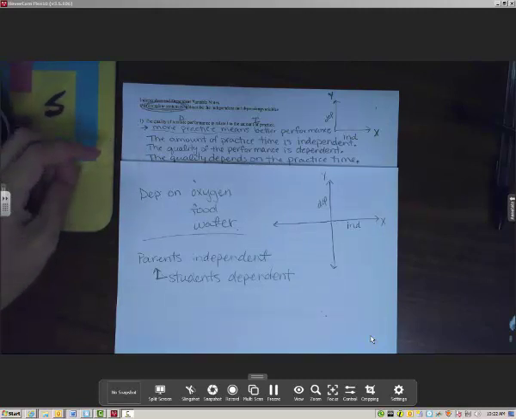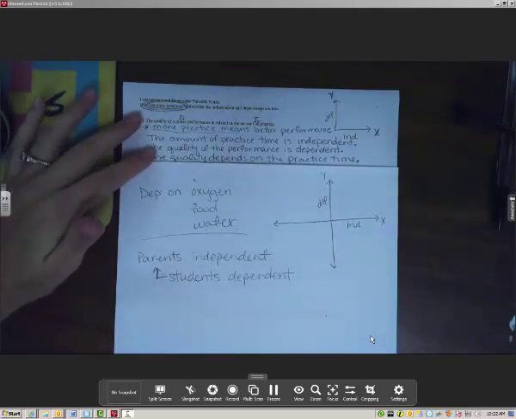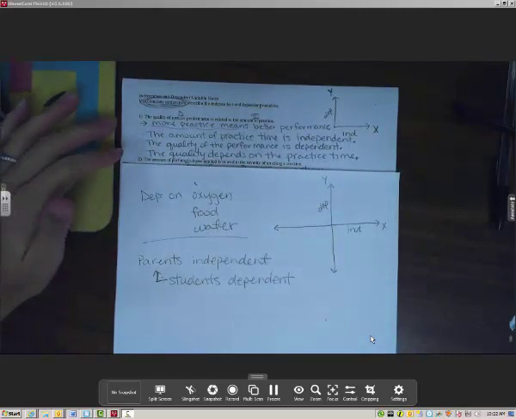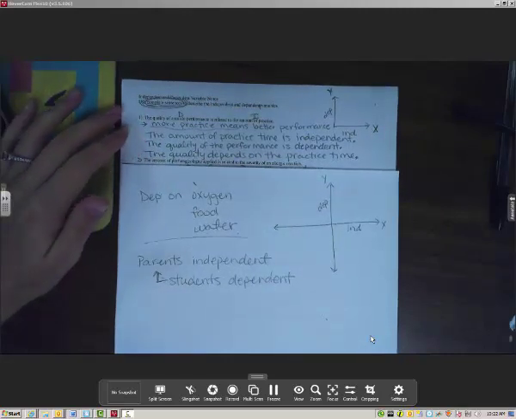So what I want you to do is do the exact same thing on the notes that I'm asking you to do on the homework. That way when you get to the homework, you can look back at your notes and see how it needs to be formatted. Okay, now question number 2 talks about the amount of perfume or cologne applied is related to